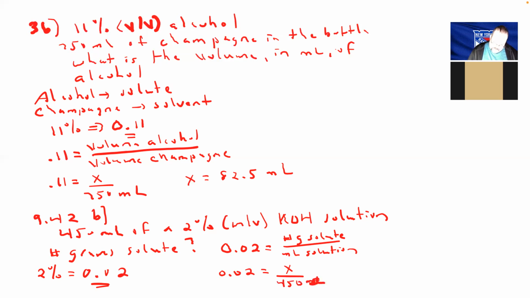And in fact, if you wanted to leave out the unit, I would probably be okay with that in this case, because we're dealing with a mass by volume, where again, the units don't exactly match up. But if you take 450 and multiply it by 0.02, you get exactly, and we can put 9.0